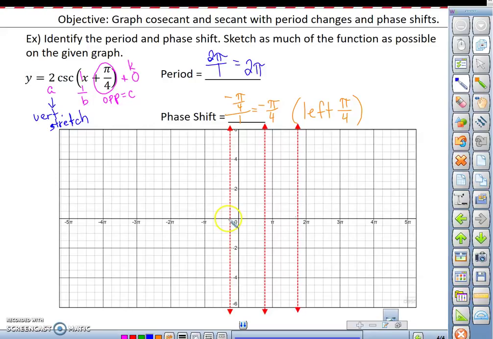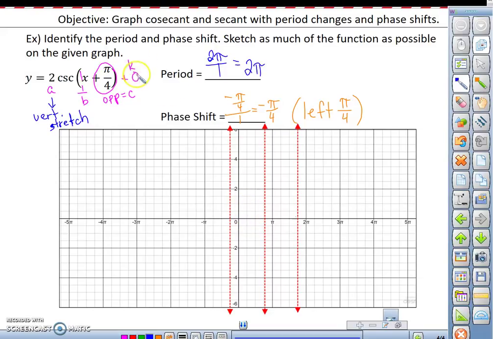What I'm looking at here is my sine function. From its first midline point, which here becomes an asymptote for cosecant, it goes to a relative maximum at 0, 1. So that maximum is going to occur halfway between these two asymptotes, and it's going to be stretched by that factor of 2. So now it's 2 units above